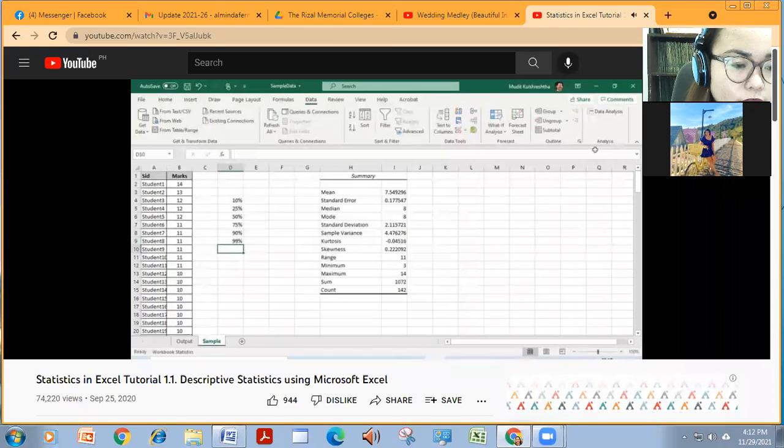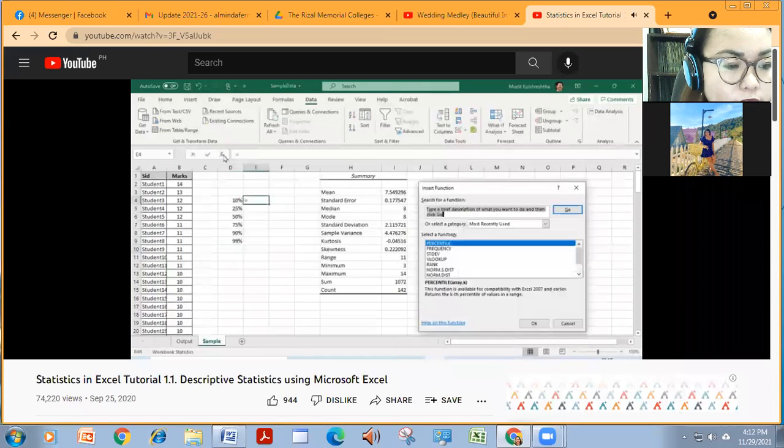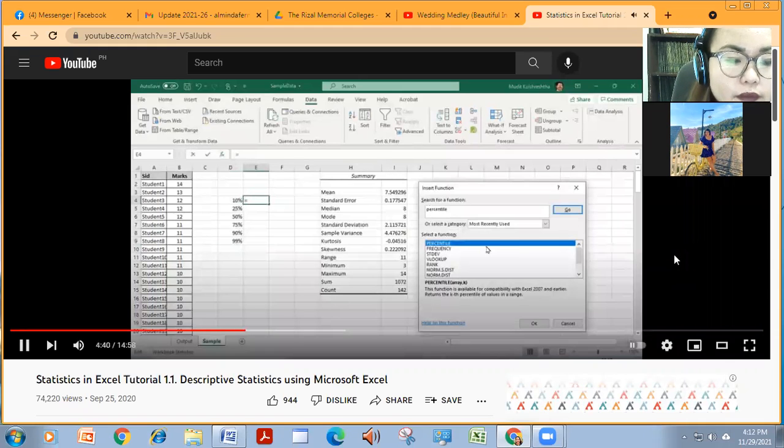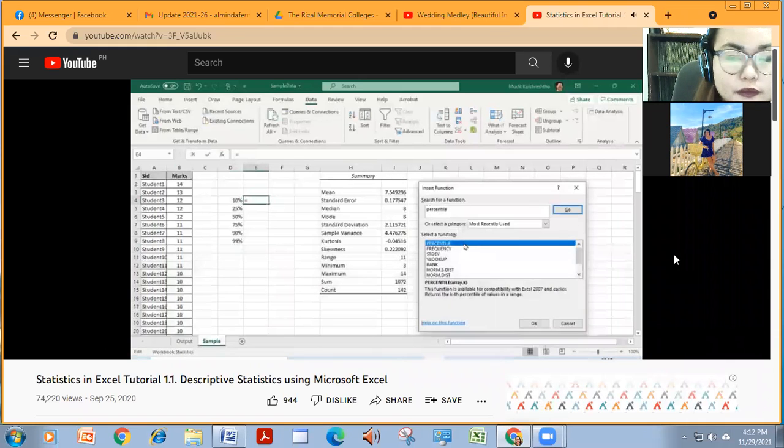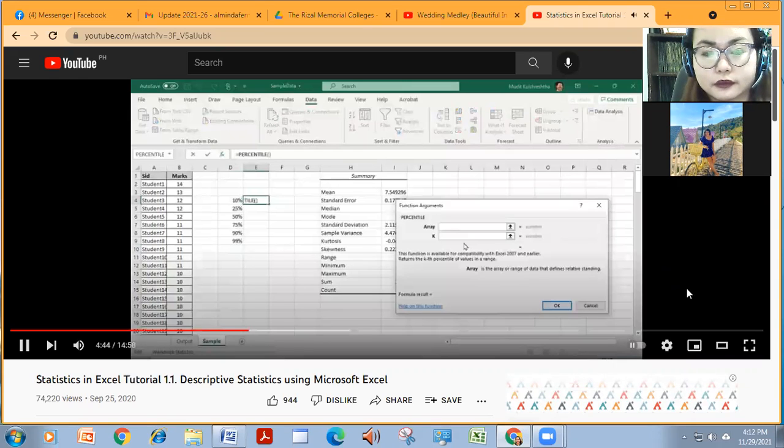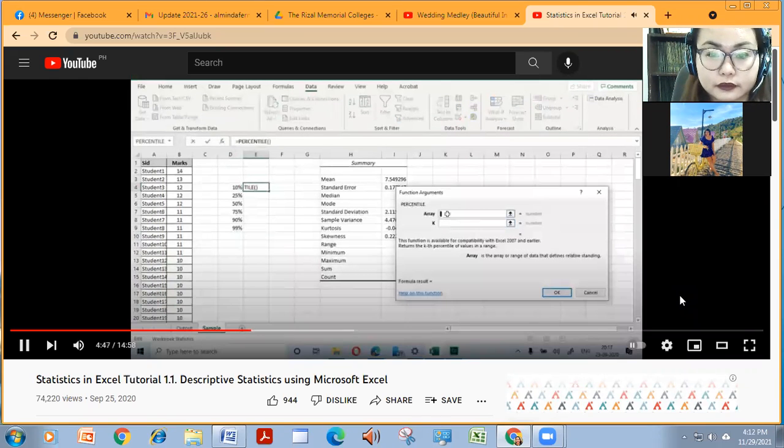Now, once you have typed these values, just go to the adjacent cell and go to Function and look for a formula which is there in Excel called PERCENTILE. It's right there. Just double click to activate the dialog box. It is asking where the array or the data is. Now remember, there is no functionality to specify a label here.